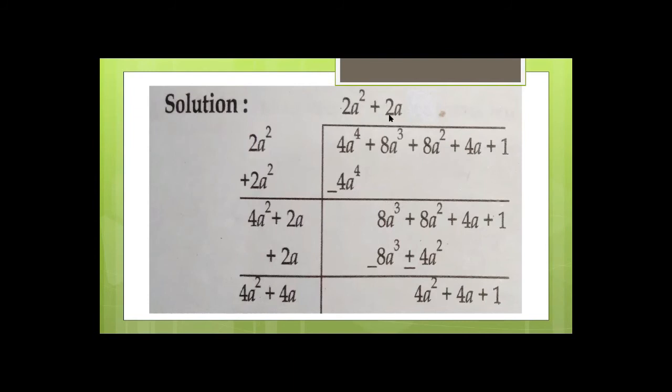1, 2, 3. Now here add these two terms: 4a square as it is, and when you add 2a with 2a, it becomes 4a. And here you will multiply: 4 2s are 8a cube, 2 plus 1 is 3, and 2 2s are 4, 1 plus 1 is 2. Here you will add, here you will subtract. So before subtracting, you will change the sign. So plus will become minus, plus will become minus. So plus minus will cancel each other. Plus minus 8 minus 4 is 4a square plus 4a plus 1. Okay, this is step number 1, 2, 3 and 4.